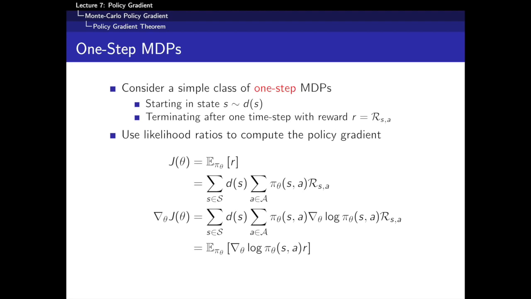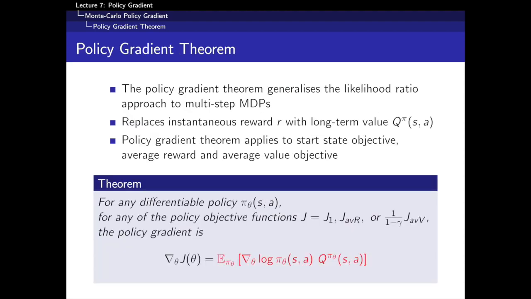Okay, so we want to do the same thing in multi-step MDPs, not just these one-step things. To do that, we actually just need to do one trick, which is to replace the instantaneous reward. We were multiplying the score by the immediate reward, and to handle a multi-step MDP, all we need to do is replace this immediate reward with the value function, the long-term reward. And that actually turns out